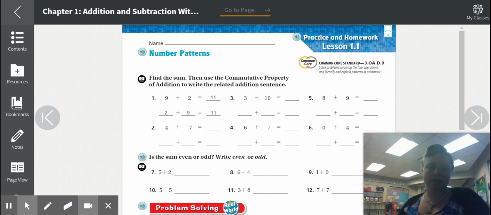Good morning. This is our first math lesson of our time away, and it's just a review of number patterns. So go ahead and open up to page 9 and rip it out, and we're going to start with